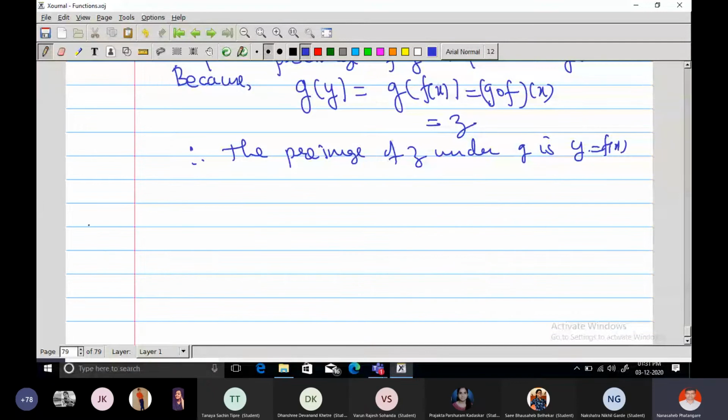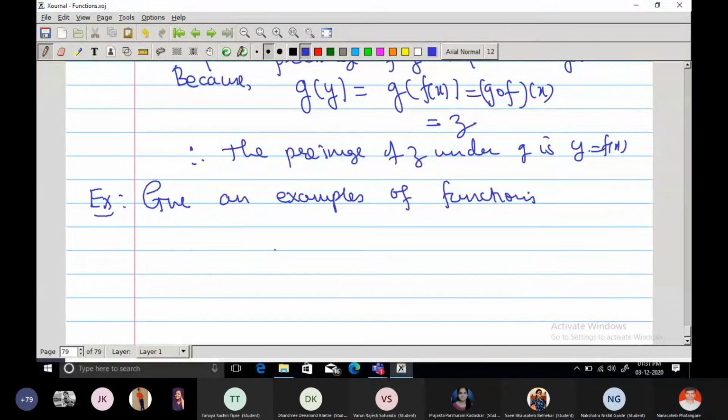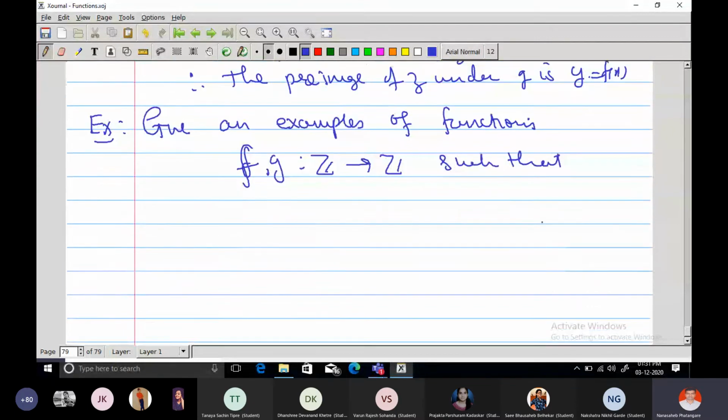Is the proof clear? Yes, sir. So give examples of functions f, g from Z to Z such that, now you find such functions from integers to integers such that